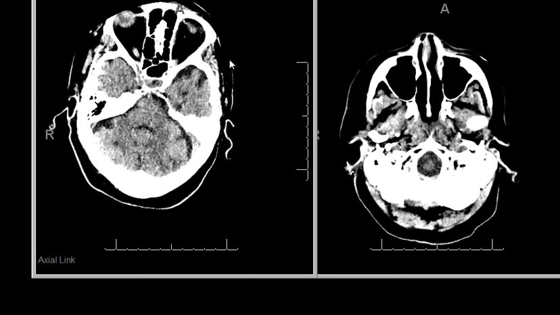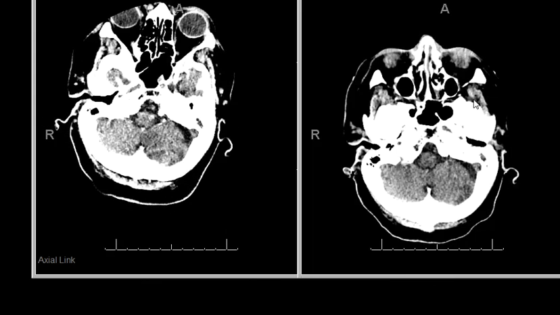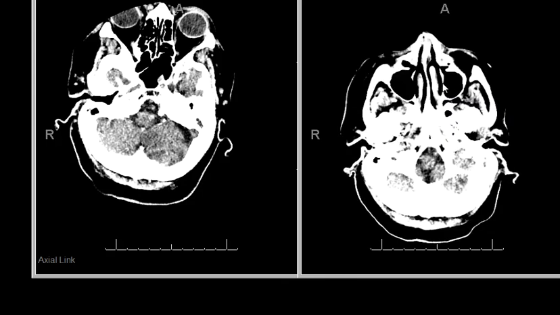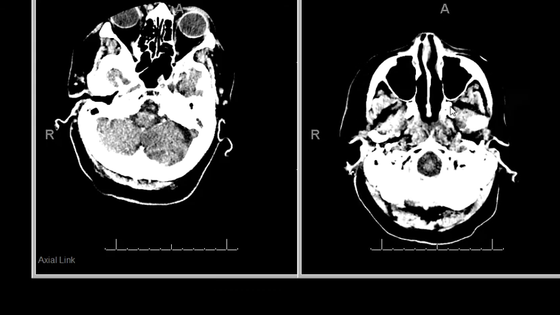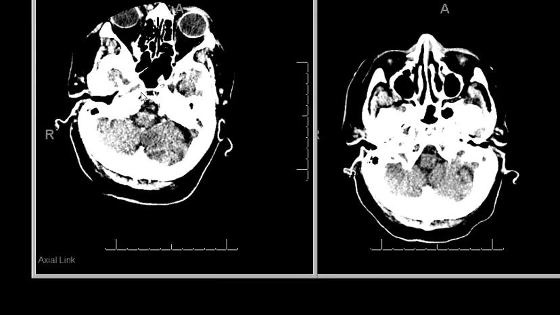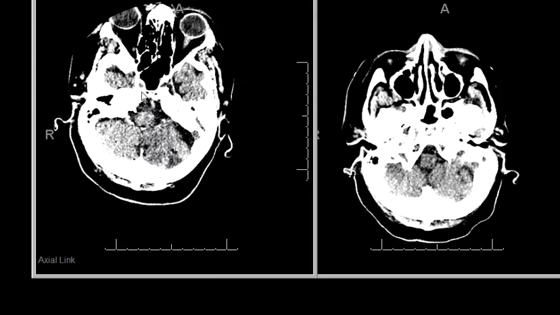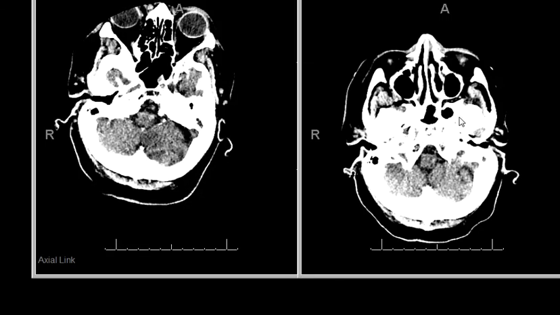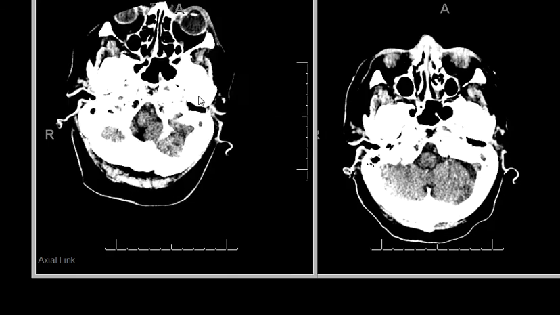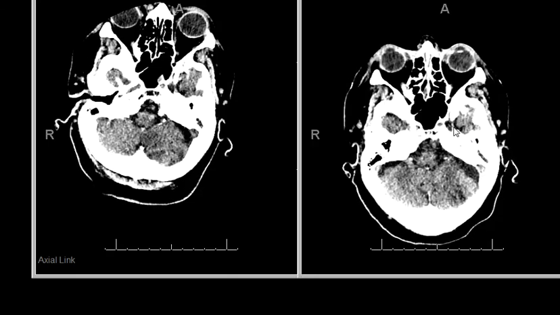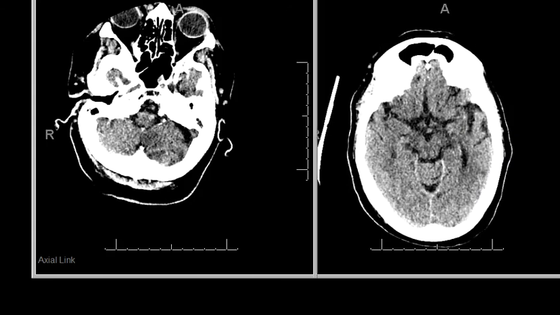Especially with comparison to the previous study, which is on the right side. This is a study a month ago. There's no such asymmetry in the very inferior cerebellum versus here. Very subtle. Nobody can fault this kind of miss, but we just want to share with everybody to increase our sensitivity for subtle differences in density. When in doubt, the MRI will be helpful. That's pretty much it for the interesting cases and our summary of 11 or 12 cases of CT stroke patients that our